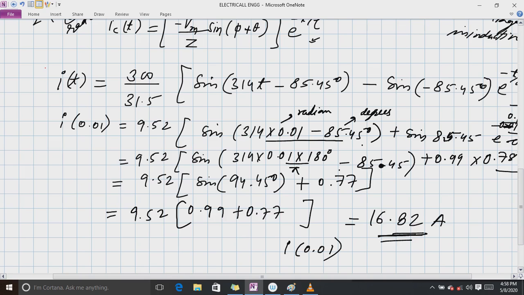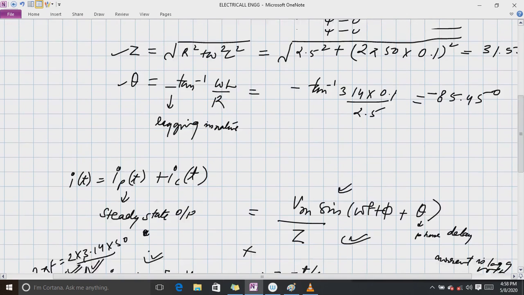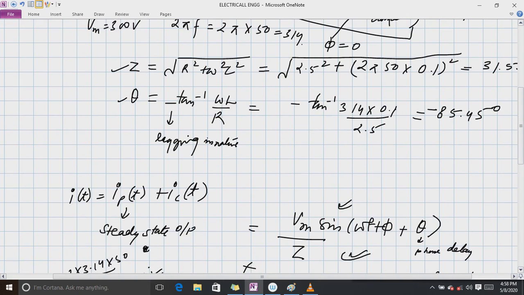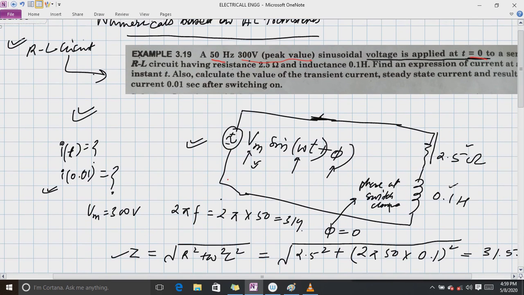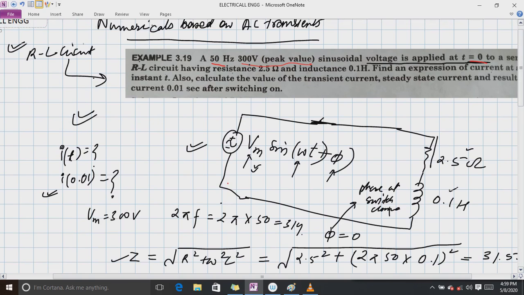So the main discourse here was, when we were deriving, our mind was in subconscious mode, because the calculation was so lengthy and the equation was so lengthy. So let me tell you that calculation and equation, everything is very easy, already known to you. It is easier than DC transients.